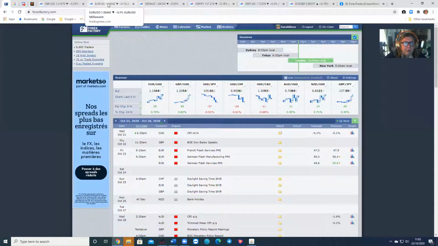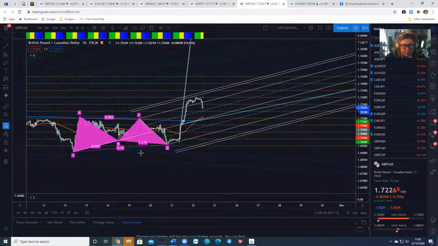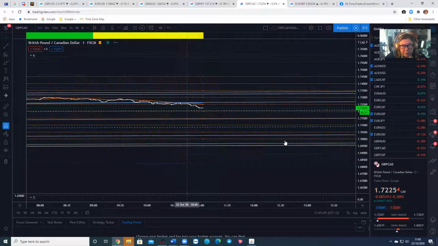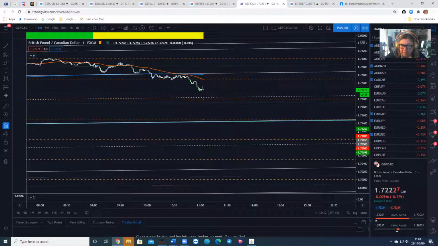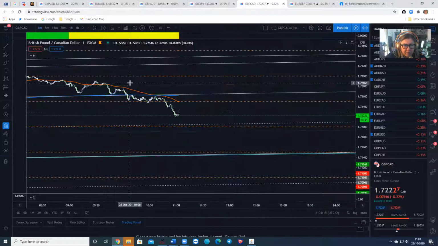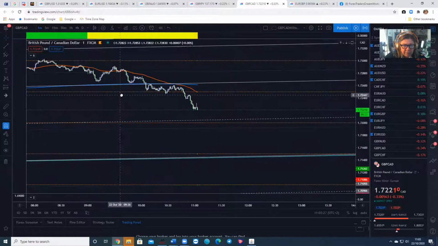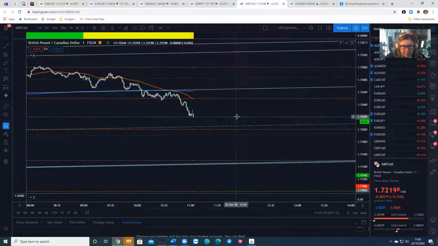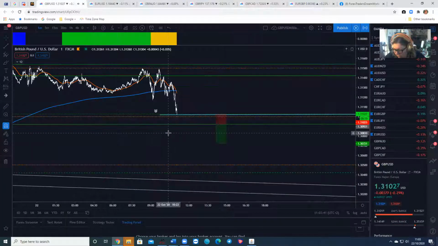So GCAD, where have you gone there? Yeah, so don't get into anything at the moment, but we'll just mark it up, see what we've got depending on what the bankers' reaction is. So we've got a strong crossover of the 62. That's one of our confirmations. In fact, we've had a move there, but if it comes back up, because GCAD's one of our fast ones, sometimes, no, I think it's done more than 20. Sometimes it can, but we've got the news coming up. That's 27 pips. So it didn't give you a break and a retest off the quarter. That's GU alert. But I wouldn't recommend getting into anything now because we're less than half an hour away from the news.